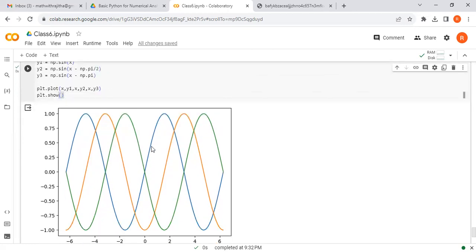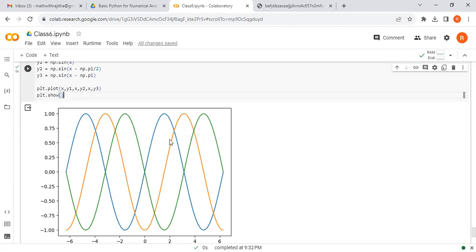The orange graph is the sin of x minus pi by 2 graph, because it is shifted by pi by 2, and the green one is x minus pi. Okay, now that we have identified it,